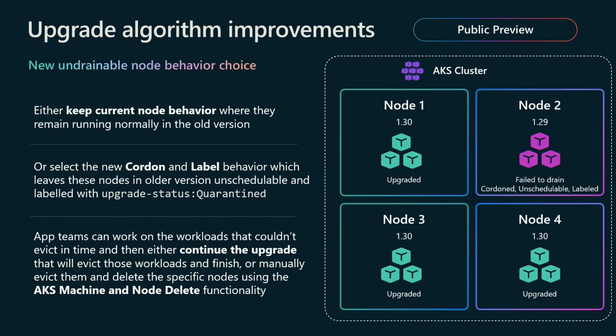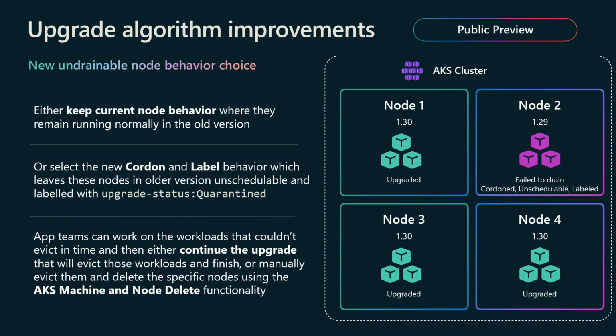Again, if you own the cluster and the applications, that's typically not a problem either way, because you're going to have to go fix it yourself. But if you're in a platform team, like Brendan mentioned, working for a lot of different application and developer teams, these might not be your applications. So now you can select a cordon and label facility instead, that will leave these nodes behind, but cordoned and labeled. So you can very easily finish the upgrade, actually, leaving, let's say, 3 nodes behind.